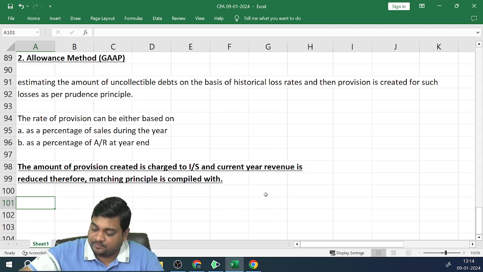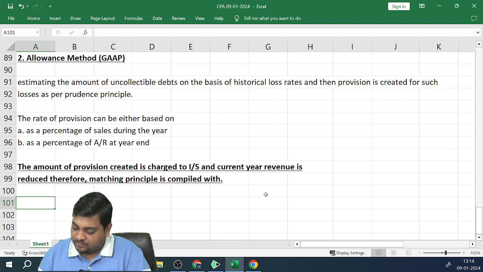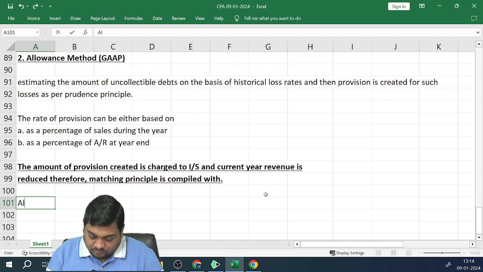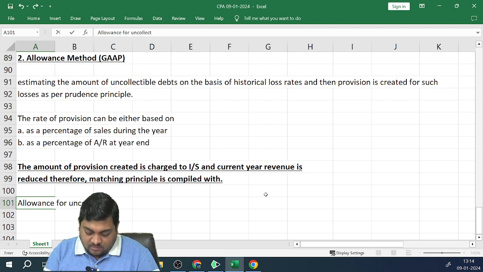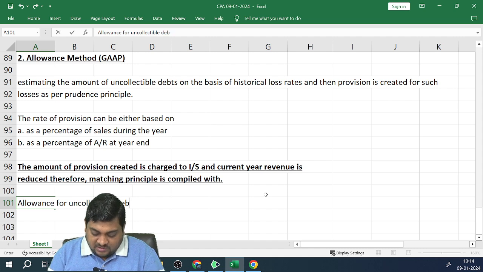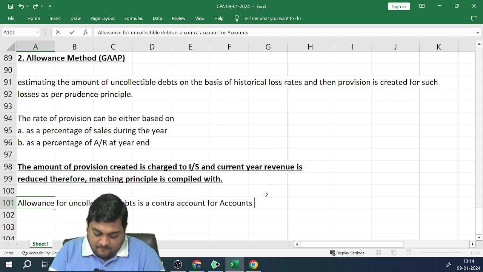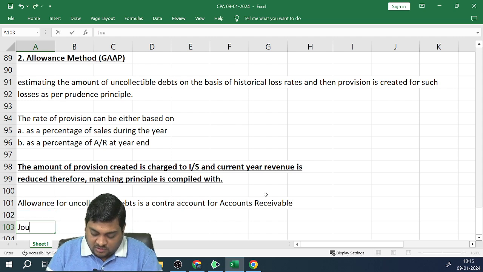Right? So this allowance for uncollectible debts is a contra account for accounts receivable. So the journal entry for